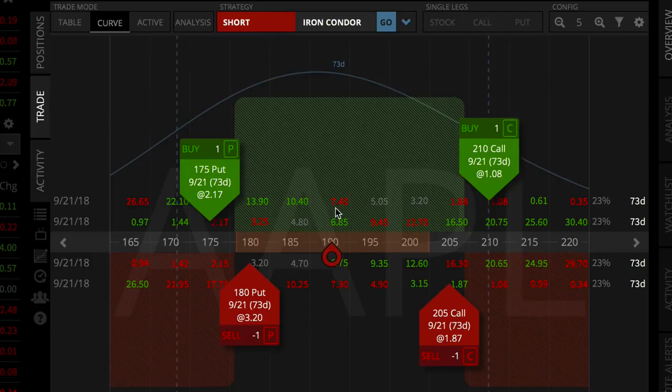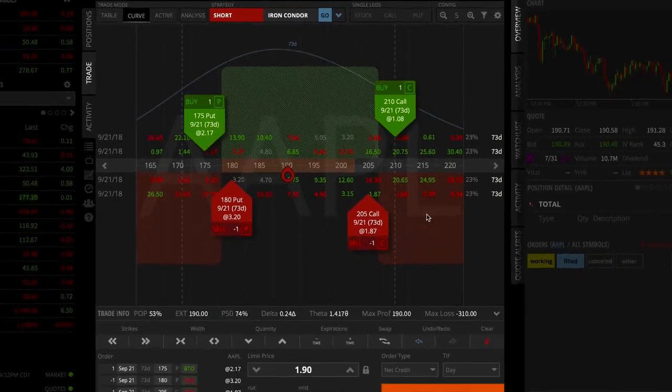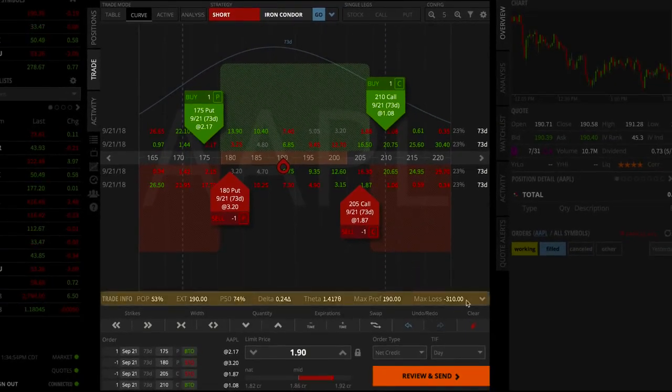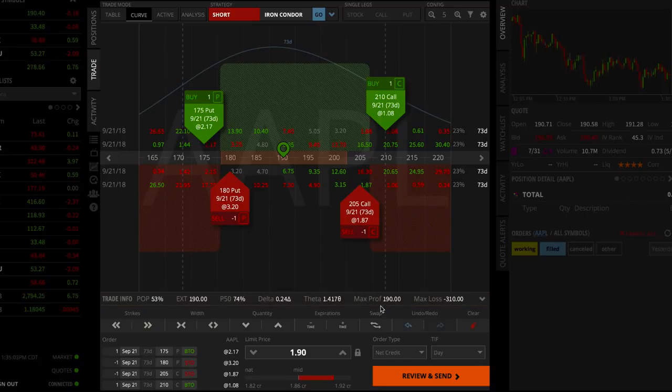If it moves outside of that green profit zone and into the red loss zone, I'll start to lose money on my trade, but I know that when I look at the details of the trade at the bottom of the order ticket here, the most I can lose is $310 and the most I can make is $190. So there's some more information about the trade and also a visual representation of how the strategy works. And I think the curve is a great way for new traders to feel comfortable trading options and learn how